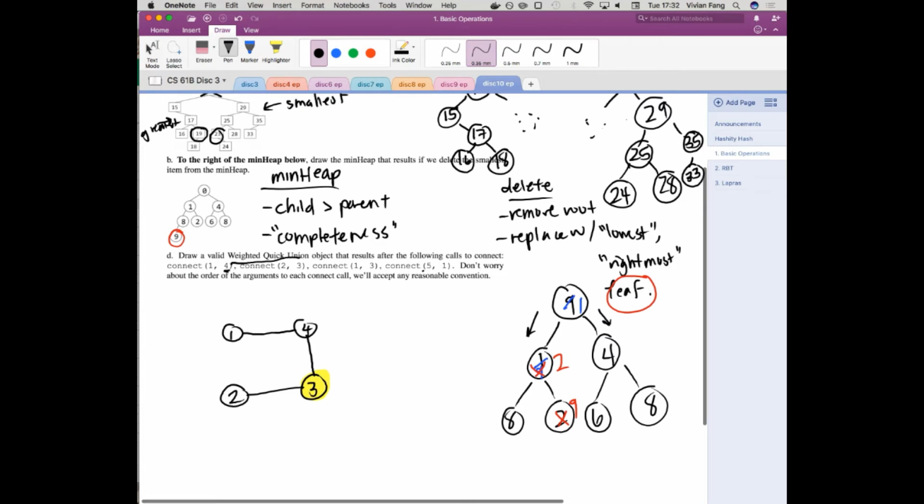So then now if I connect 5 and 1, what you do is you're connecting 5 to 1's parent. So you have to ask 1, hey, what's your parent? And then 1's gonna be like, my parent is 4. And then you ask 4, what's your parent? It's gonna be like, my parent is 3. And you'd be like, 3, what's your parent? It's like, I'm the boss node. So then we draw 5 over here. And this highlight is just the root of our set. Are we happy with this?